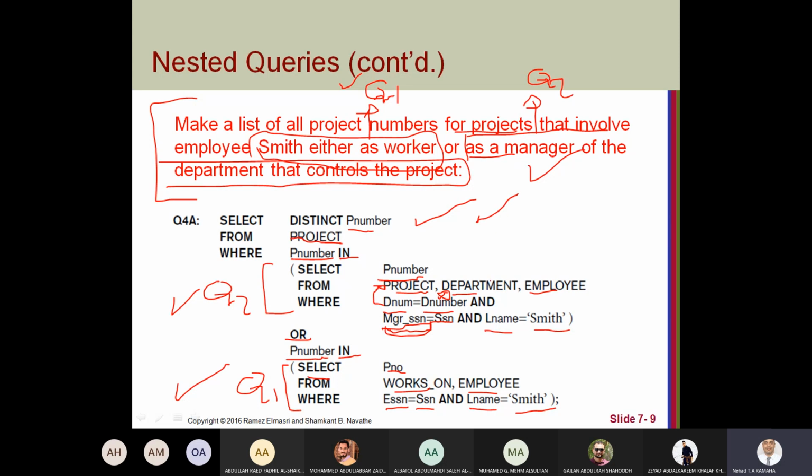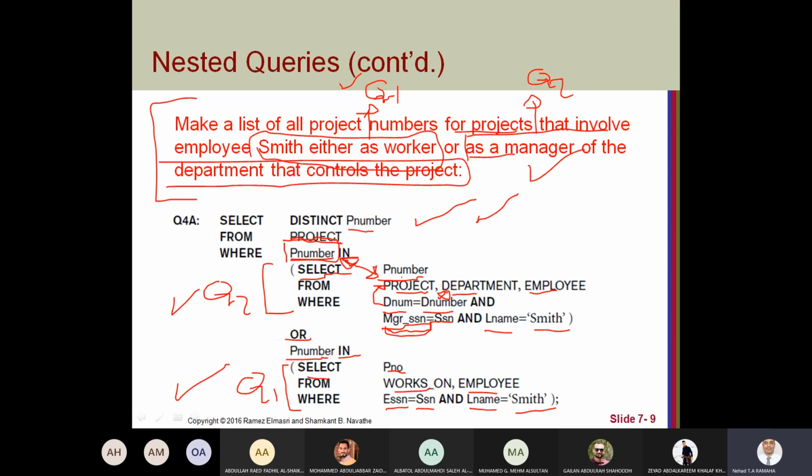One thing you should focus on: when you compare like this, where B number in, this means this select statement should have the same attribute as the returned value.